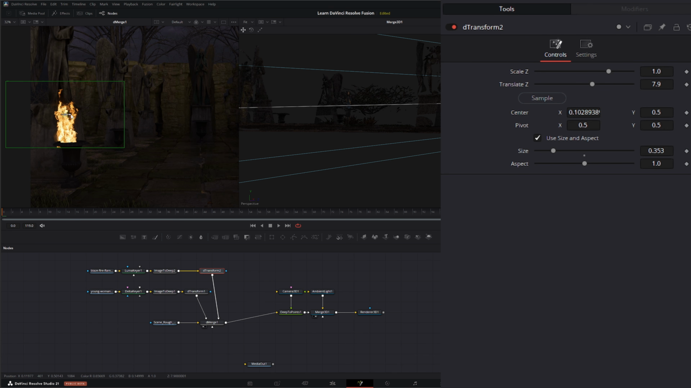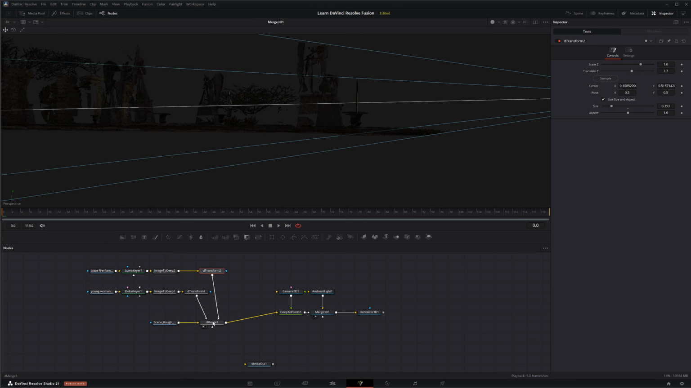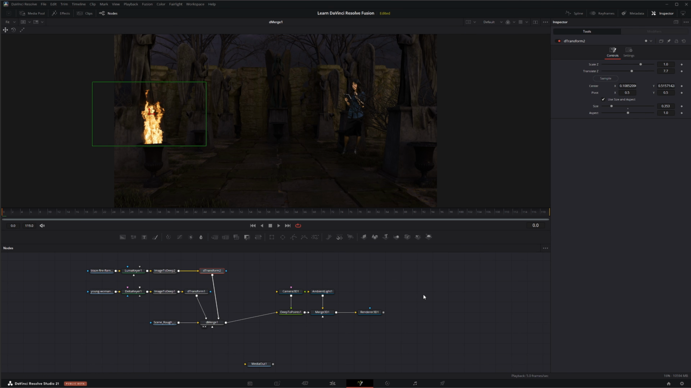Can bring it over, and it's back a little far, so we can bring that up 7.6 maybe, 7.7 maybe. And there we go. It's in the middle of our urn, but it's still down a little far. So we can bring it up, and there we go. We've got our fire. And we've got our girl composited in our little Deep Pixel stuff, and we didn't have to use any masks, anything,